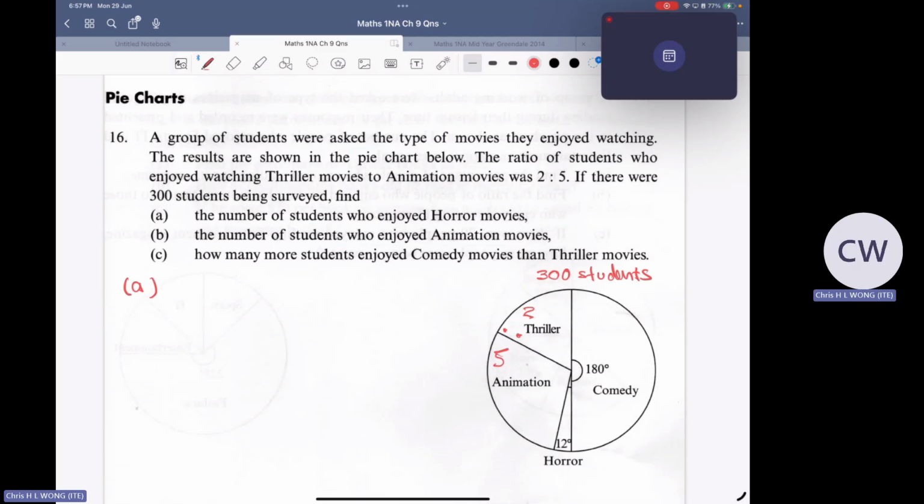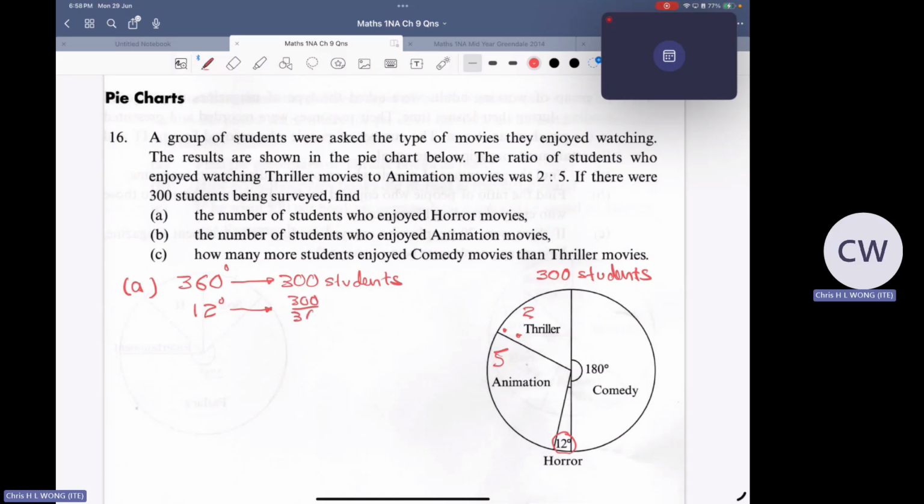I know 360 degrees represents the whole pie chart, which gives you 300 students. This is given to you, so write it down. What I want to find is 12 degrees. You know that I'm supposed to find 1 degree first, right? I always do this, 1 degree, followed by 12 degrees. But this time, I'm not going to write the 1 degree because I expect you all to know already. So I will just do 12 degrees. No need to find the single unit, 1 unit. So for 12 degrees, I will take 300